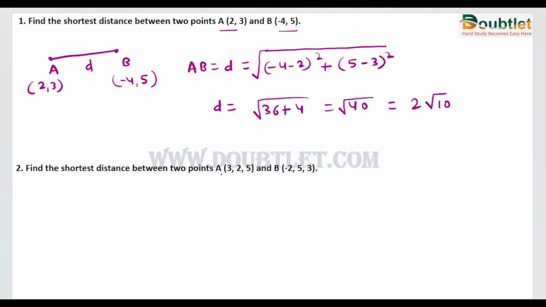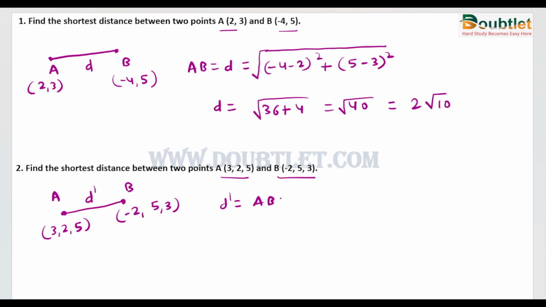Now for the second question, we have just taken 3 dimensional coordinates. Suppose there are 2 points, A and B again, but the coordinates are different. The coordinates are 3, 2, 5, and minus 2, 5, 3. To find the distance D dash, we can write D dash is equal to AB. We will use the same formula, that is minus 2 minus 3 whole square plus 5 minus 2 whole square plus 3 minus 5 whole square,